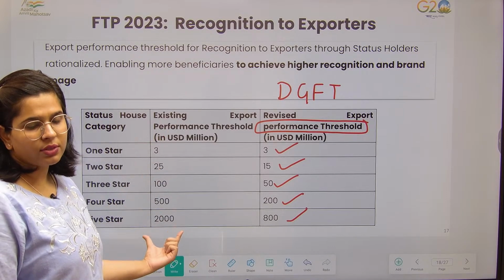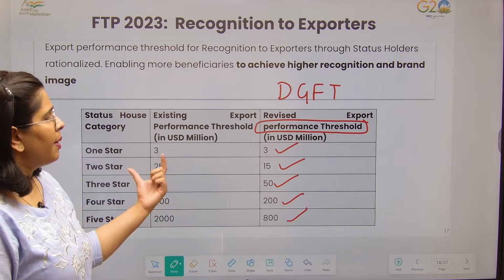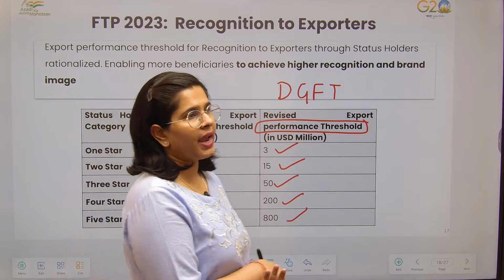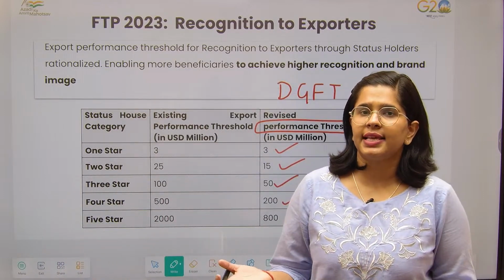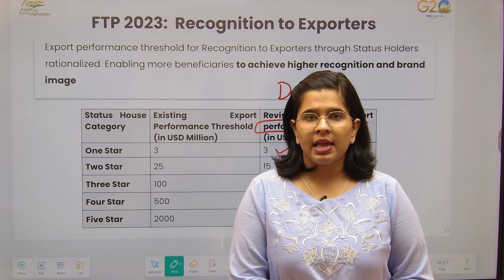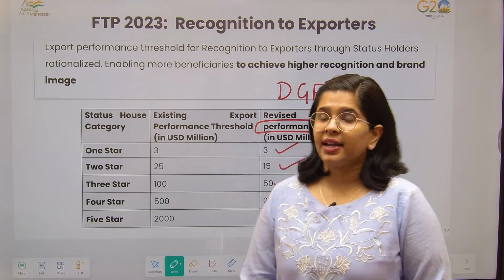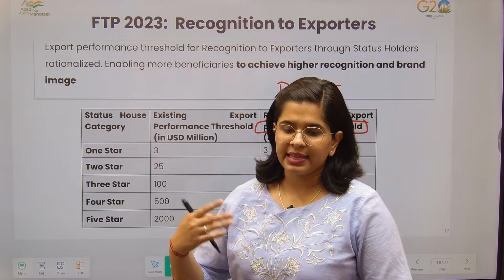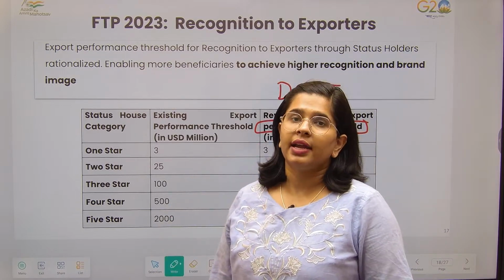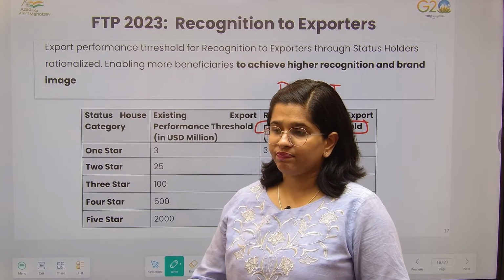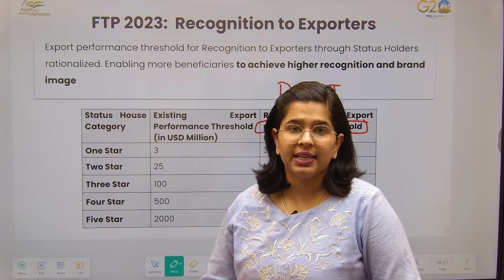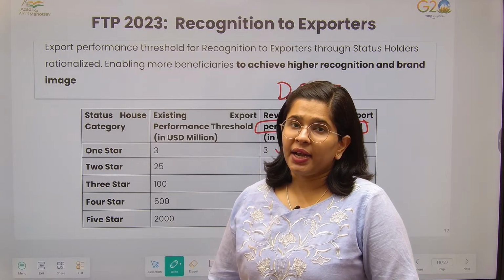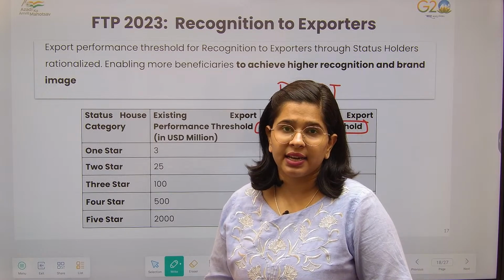You see, $2,000 million is quite a high figure, but now they have been reduced. Now the next question that should come into your mind is: what is the sense of these particular star ratings? There are so many benefits that these export houses get. One such benefit is that they can establish export warehouses, right? They get so many feasibilities in the compliance processes. They have to spend less time in the compliance-related processes.